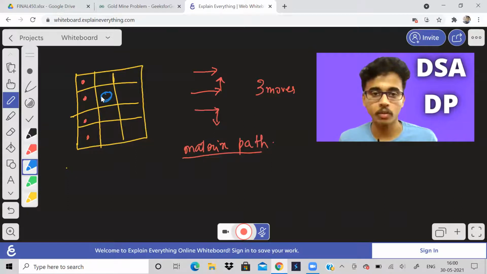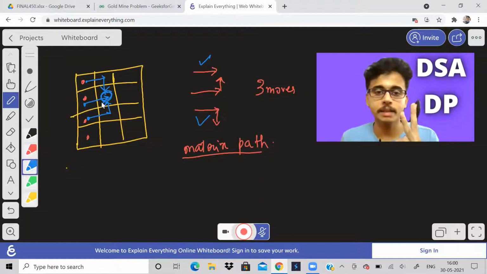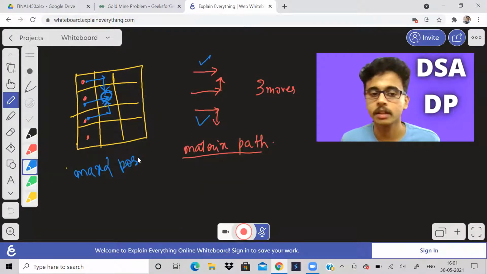If we ended up on that cell, we could start from here and take a right, or we could start from here, take a right, go down, because right is possible, right down is possible, and even right up is also possible. So if you were to come to this cell, that means three possibilities are there. From this cell you could have come, or this cell, or this cell. So for this you have to take the maximum of all the three possibilities. So this was the same kind of problem, right?